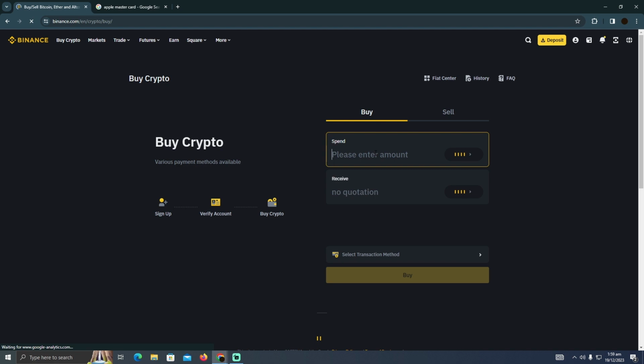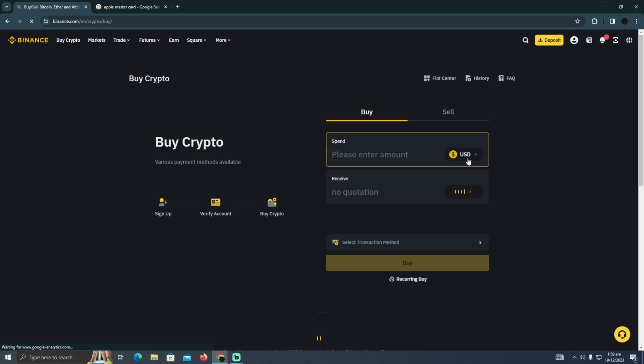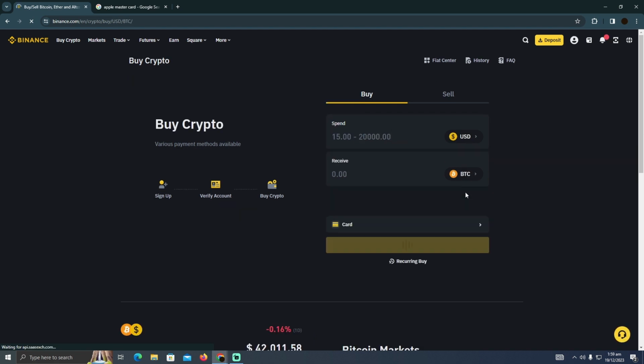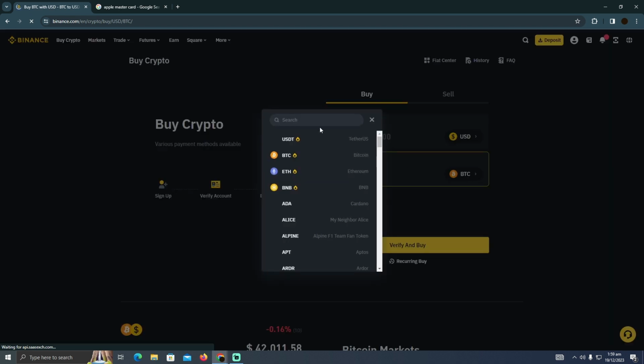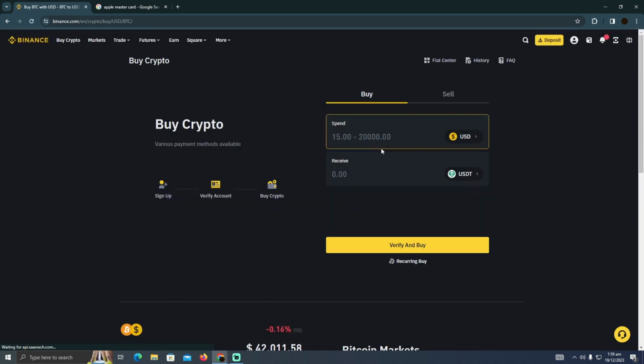Now here you have to select the USD, and here I will select USDT. So if I click on BTC, it will allow me to select USDT, so I'm going to select USDT. Now here I can type the amount. Suppose I want to buy $15 worth of USDT, so I'm going to select that here and click